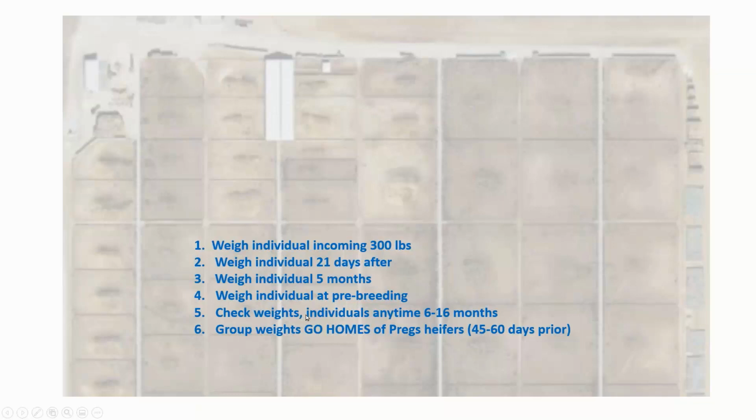If we have any question or they're going to run a pen of cattle through for any reason, a lot of it is not done in lockups. A lot of it's done through the chute facility right over in here. So they'll do check weights, and they'll have some check weights for me on groups of animals where they were required to do something different for an individual owner. And then we have group weights of what we call our go homes, which is somewhere between 45 and 60 days. What's interesting is that